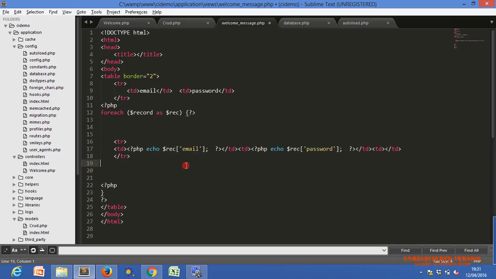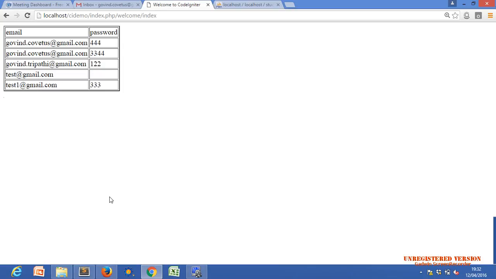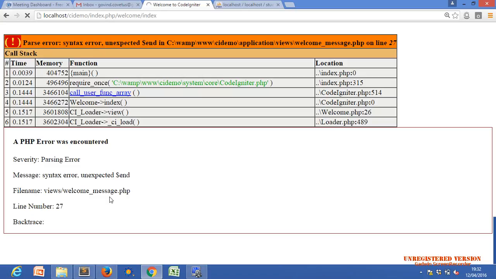So whenever you need PHP code, just start the PHP tag, use the PHP code, and end the PHP tag. I want to start the for each loop and end the PHP tag. And here I need curly brackets also. If I don't use this, then it will give you a syntax error, fatal error. Yes, there is an error.